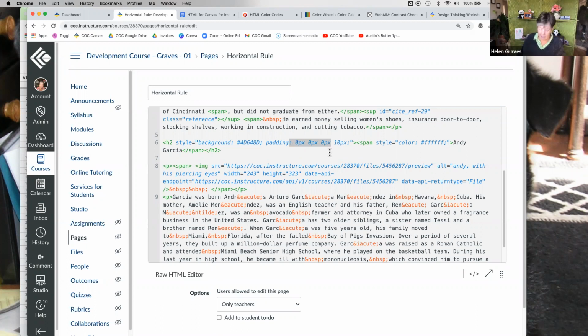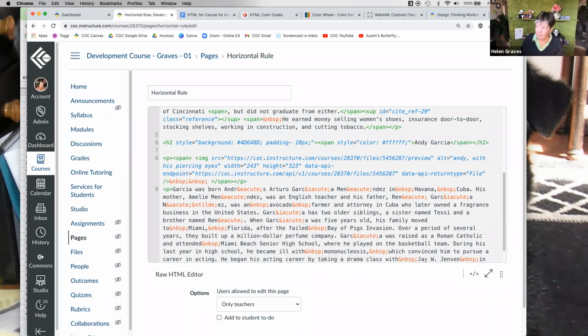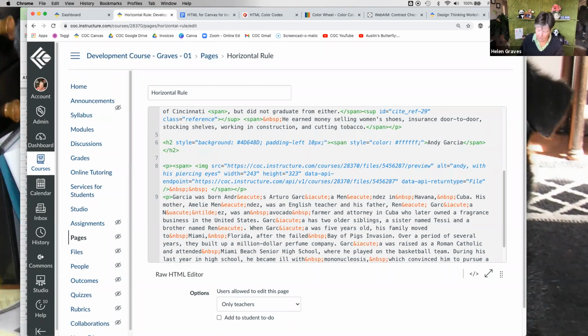I could write it padding hyphen left colon 10 pixels. And then the assumption would be the other 3 directions are 0. I don't have to write them if I'm indicating a specific directional. But some people prefer to do all 4 for them.